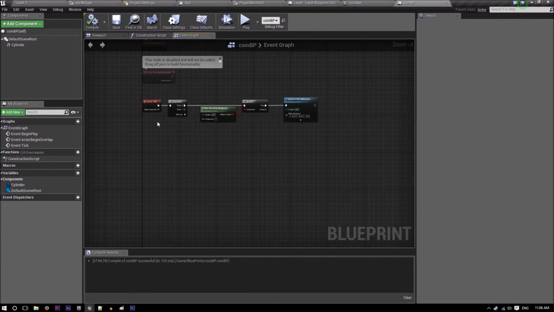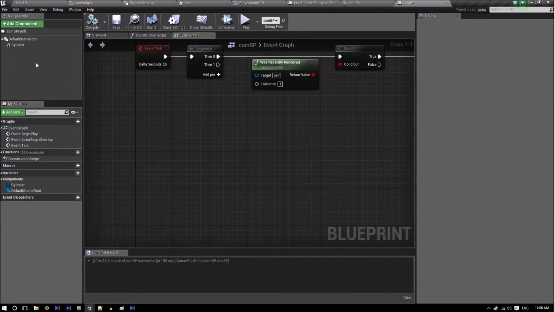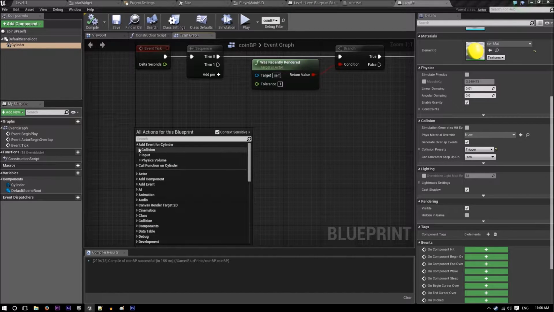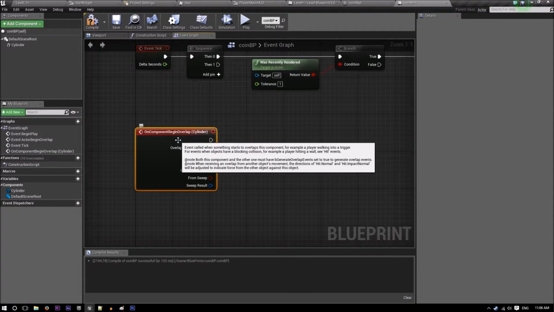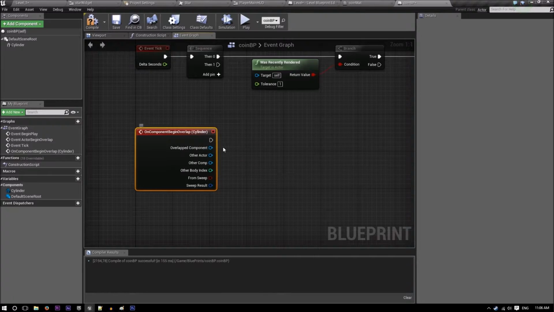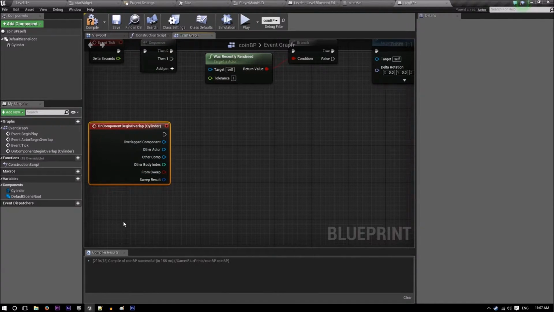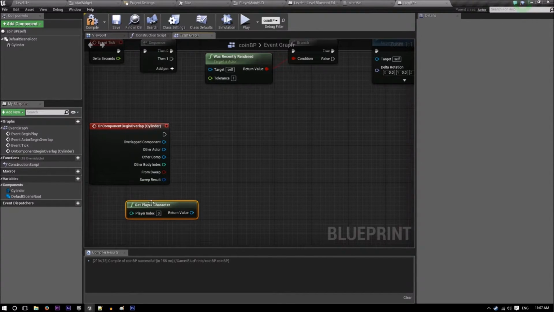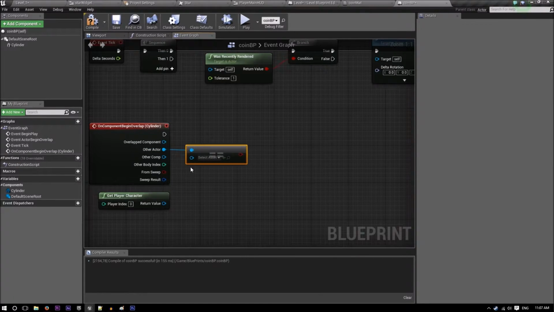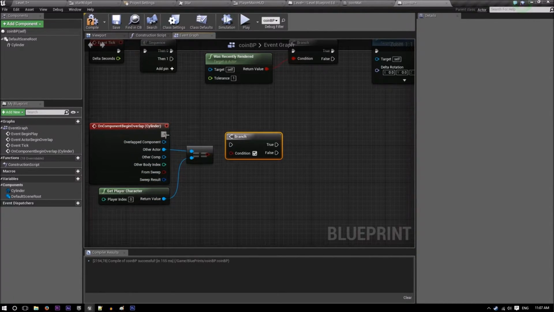All right, so there's a few things we're gonna have to do before we can actually pick up the coin. So let's quickly grab the cylinder, add collision on component begin overlap. Click on your cylinder, right click, and you'll see add collision, add event, collision, begin overlap. So what we're going to do is we're now going to get player character. We are going to drag out other actor, equal, drag that in there, create a branch,